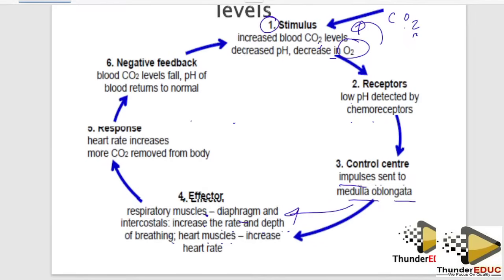And the heart is supposed to increase the rate at which it is pumping blood, so that this blood can transport this carbon dioxide from the cells where carbon dioxide is being produced to respiratory surfaces or respiratory centers, that is the lungs. And more oxygen is taken from the lungs to the muscles or to the cells where